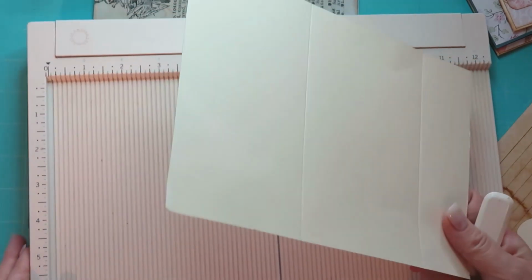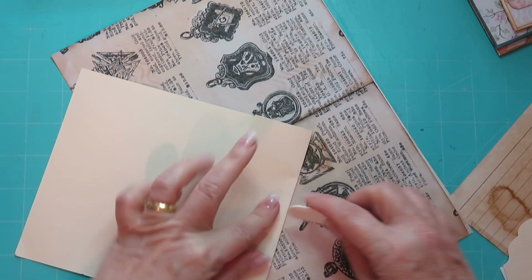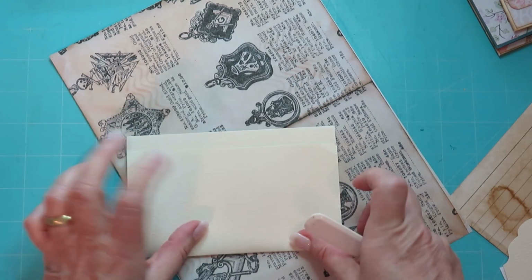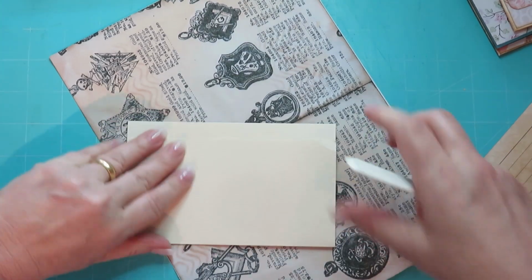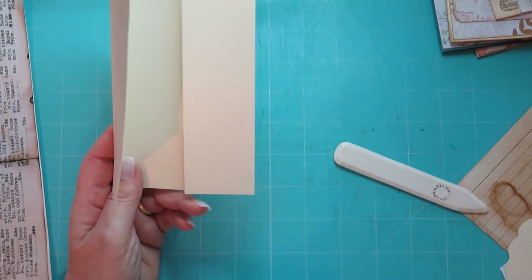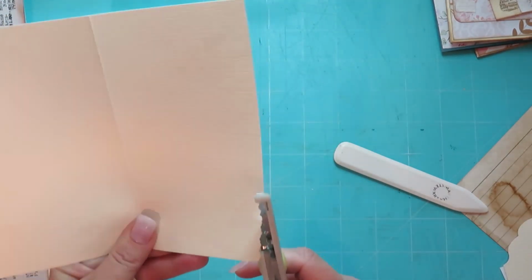There we go. Can put that away now. Fold it in and fold the other side in. There we go. Very simple. And then all I do is I take my scissors and I cut along the edge, right along the edge